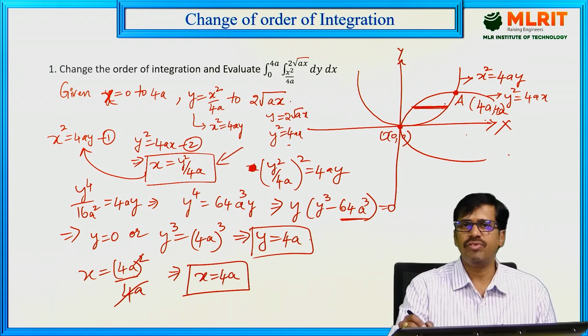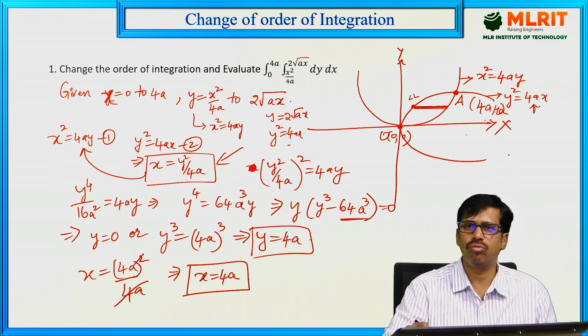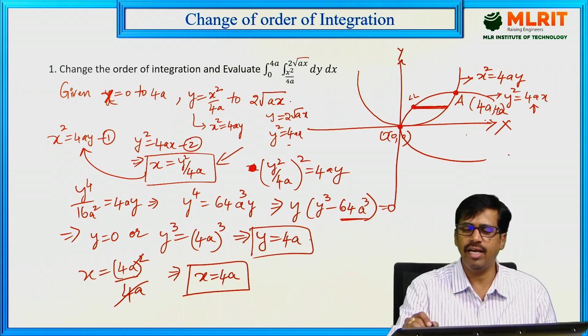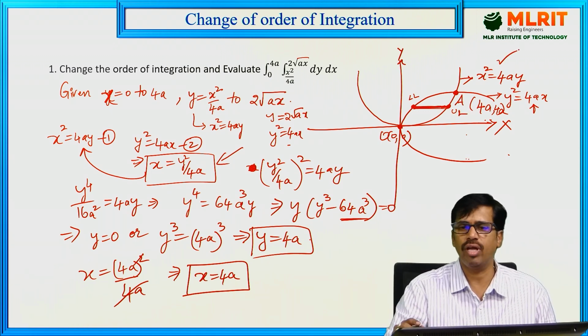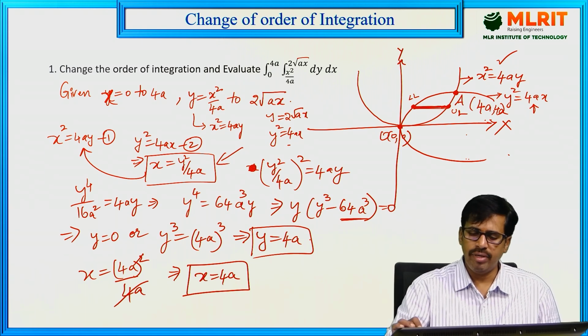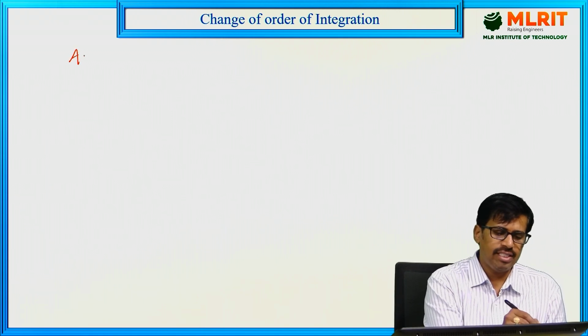Among these two curves, whichever curve is nearest to y axis, you take that as lower limit. So this parabola is nearest to y axis. So this lower end of the horizontal line touches this curve. Another end of the line touches another curve, x square equal to 4ay, that is upper limit. So we got x limits in terms of y. So after changing the order,